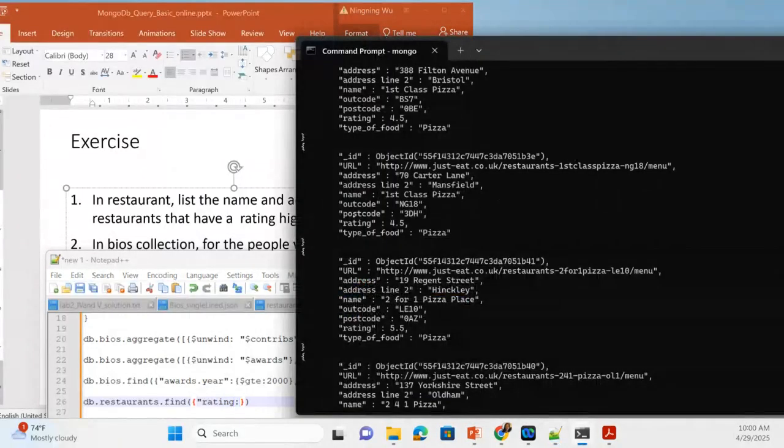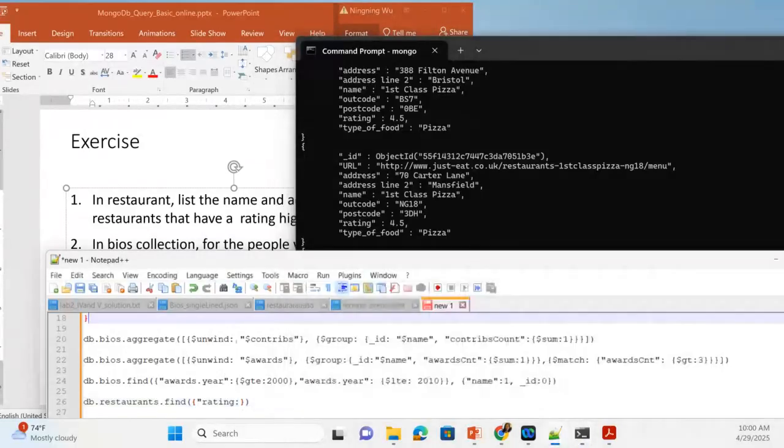Let me see, yeah, it's called rating. And higher than, so we have to define the greater than or equals to, $gte